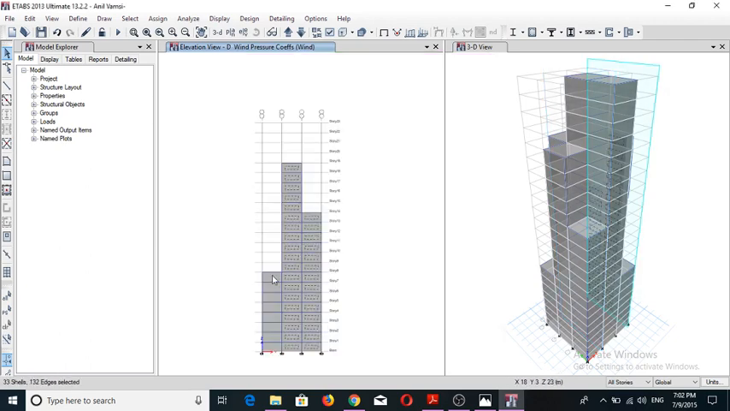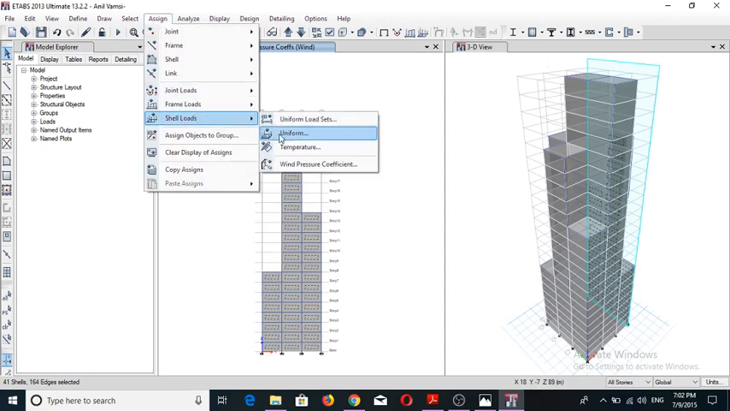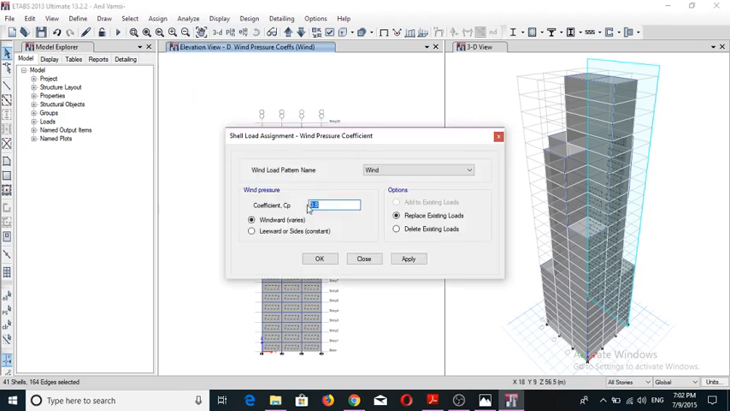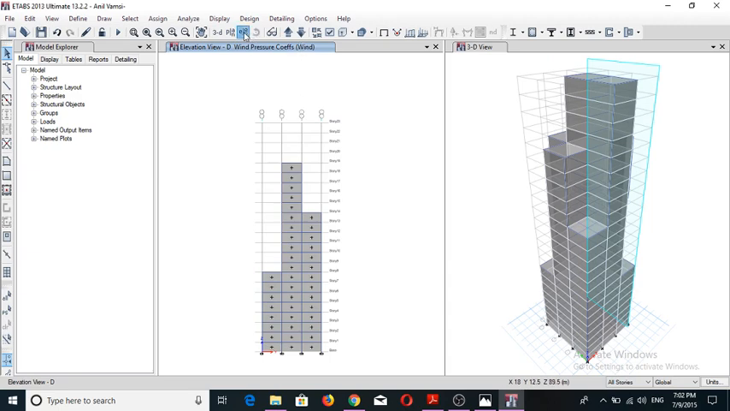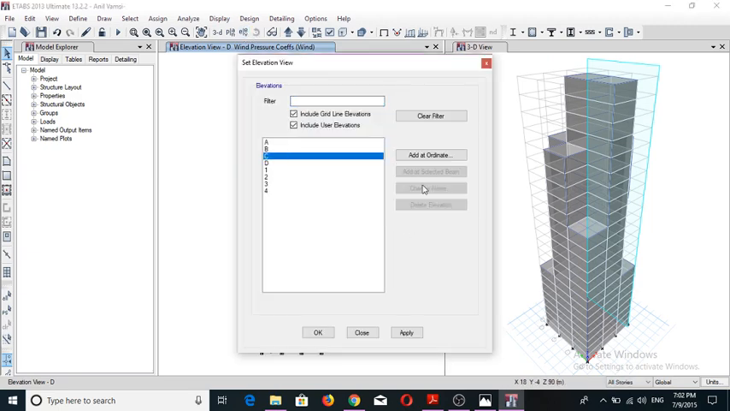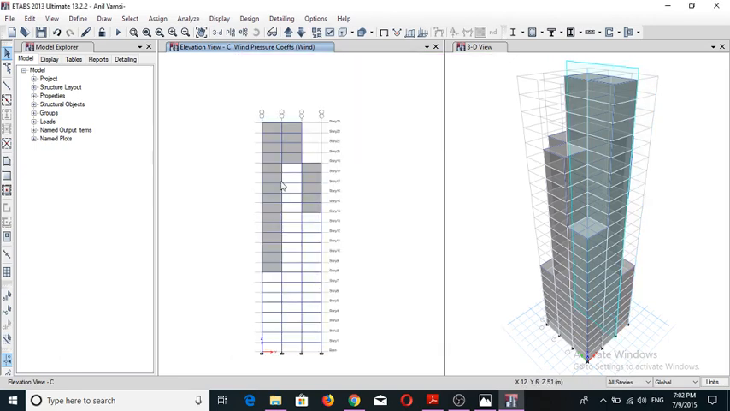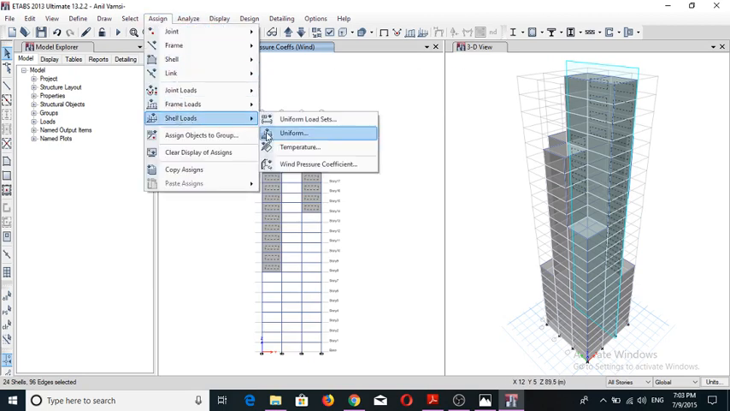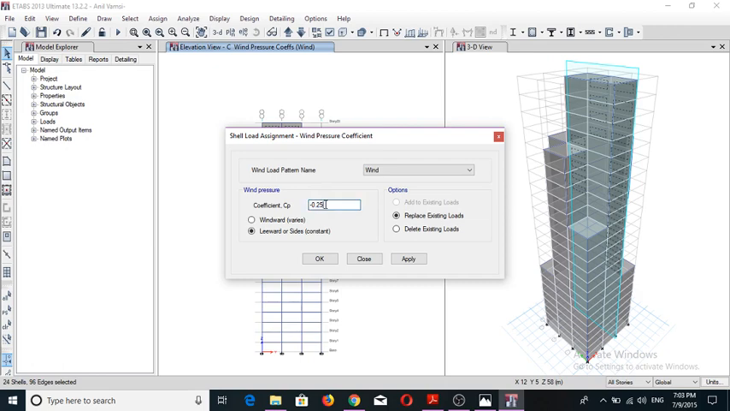carefully select the shells only. Then assign shell loads, wind pressure. Now the wind pressure coefficient is minus 0.25, that is leeward or sides, so I am using that. Okay, side C, assign shell loads, wind coefficient, apply. Okay,